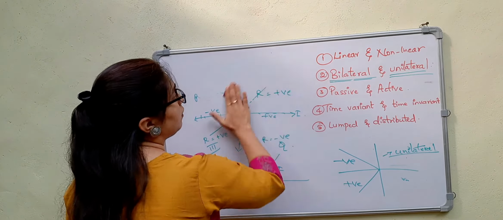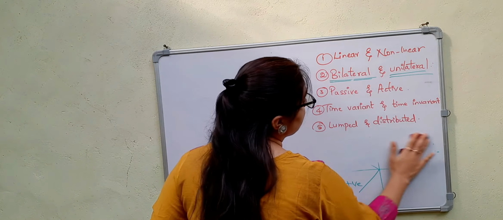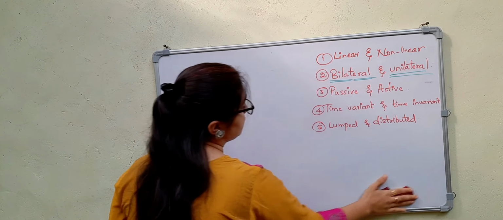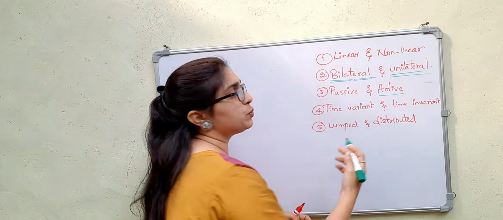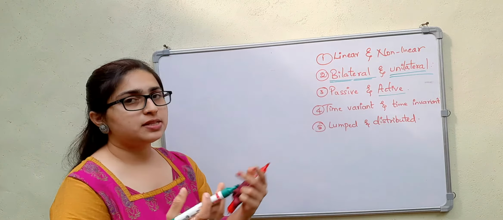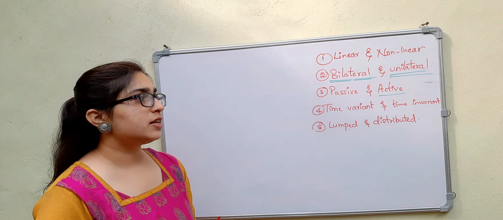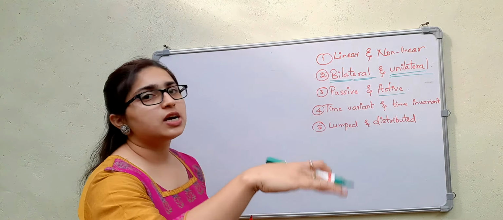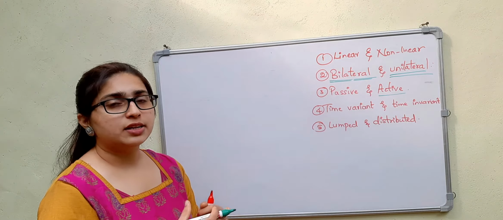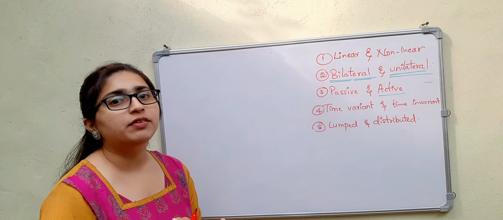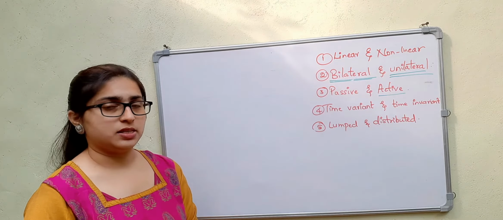Okay, so now let us consider the third one, that is passive and active elements. Passive elements: resistor, inductor, capacitors, these all are passive elements, because active elements are those elements which will be delivering energy, but passive elements will be absorbing energy. But in the inductor and capacitor case, under transient conditions, when the capacitor is discharging, it will be supplying energy, right? It is not absorbing at that time, it is supplying or delivering energy. In such cases, the inductor or capacitor becomes an active element, not a passive element.